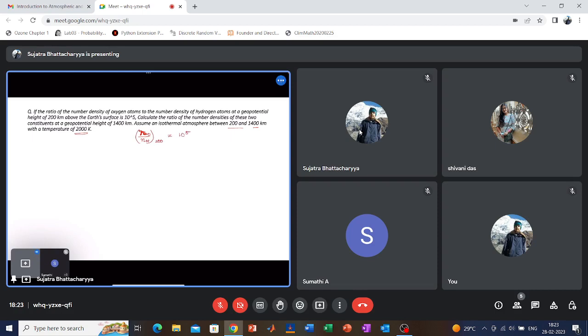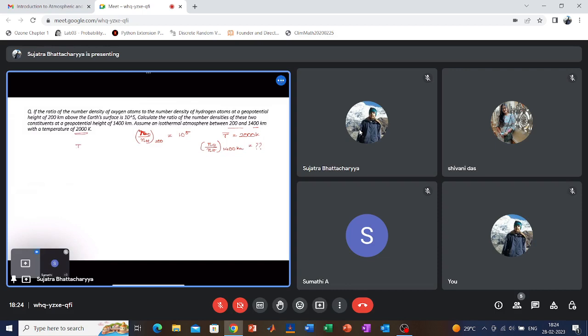It has also been given that the mean temperature is about 2000 Kelvin. Now I need to find the number density of oxygen to the number density of hydrogen at 1400 kilometers. This is what I need to find. But before that,